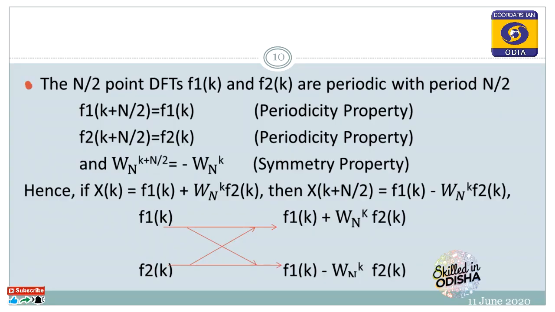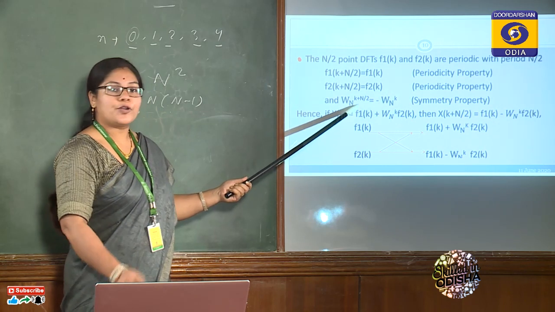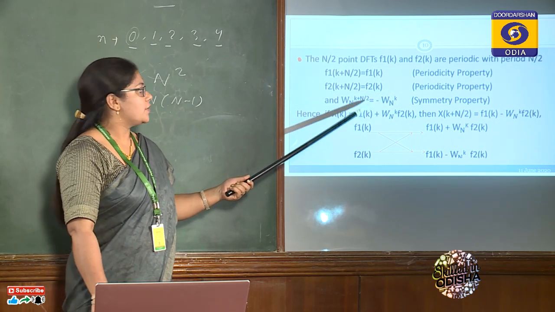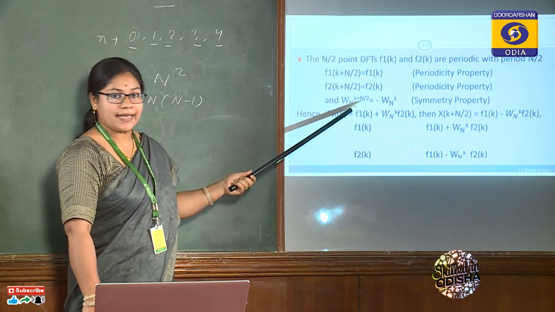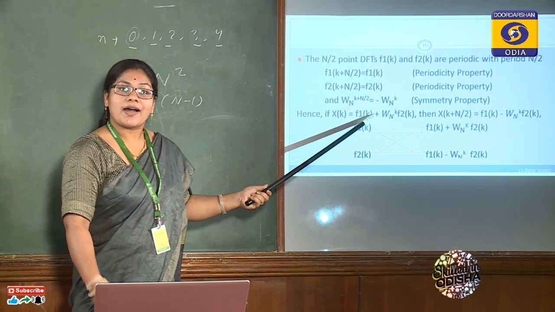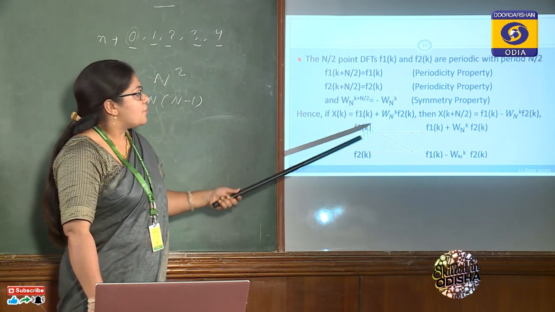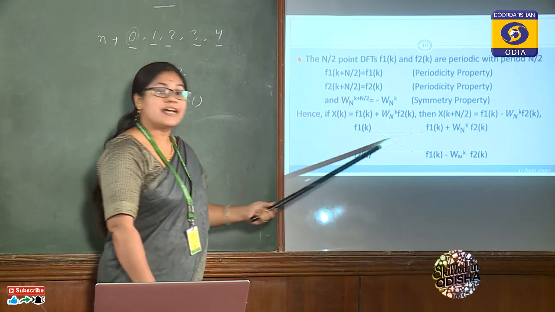Now coming to this, the twiddle factor is written, plus I have taken the phase factor N by 2. If we calculate, you can verify this by putting W_N to the power k equal to e to the power minus j 2 pi by N. You can verify that this is minus of this. What it indicates is that the magnitude remains the same, but the phase is reversed, so a 180 degree phase shift we can say. Now using these two properties, we can draw a signal flow graph.